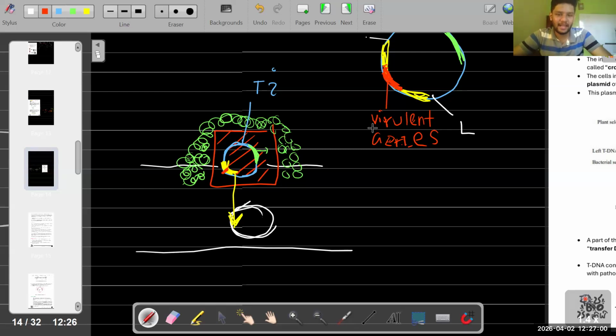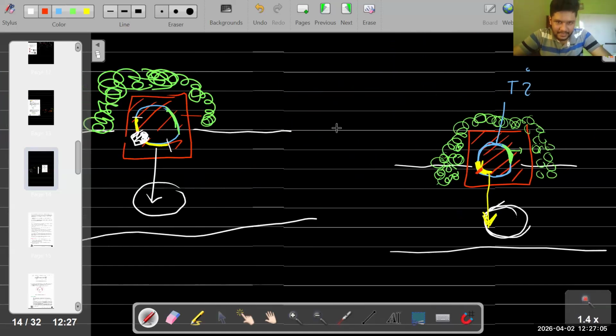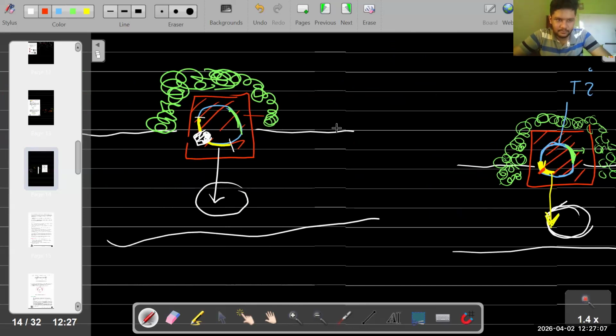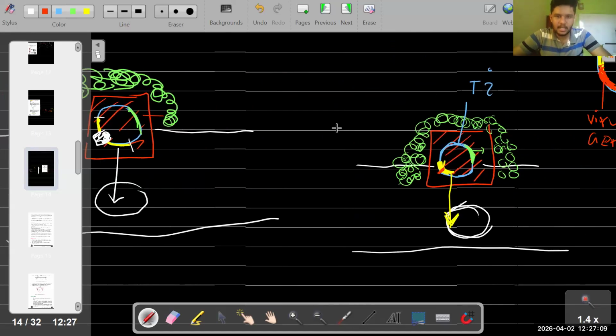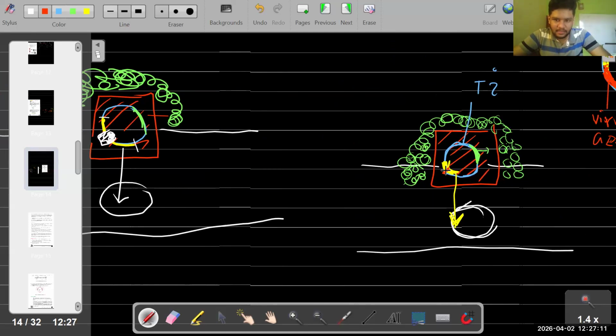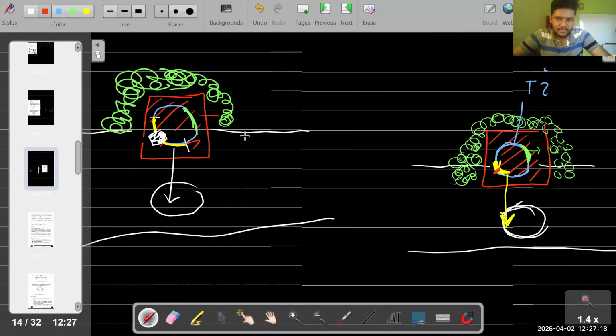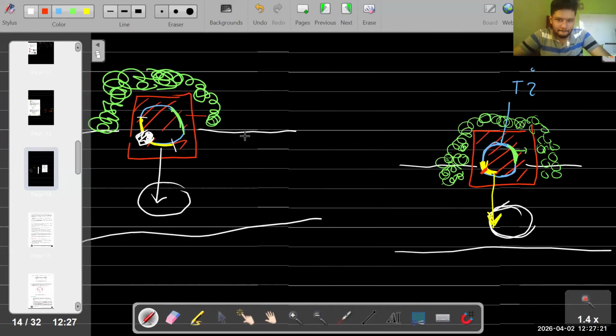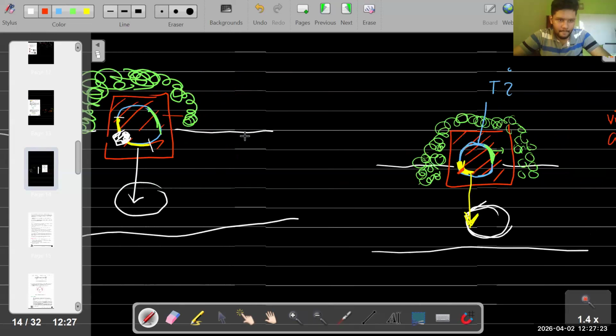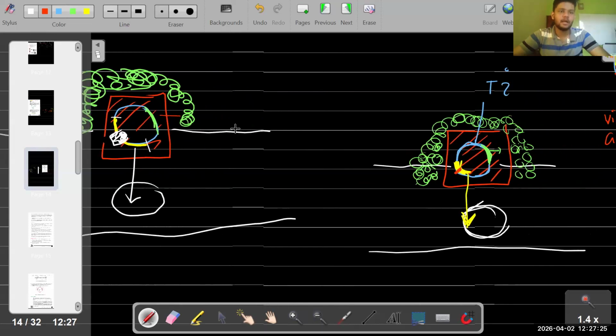You didn't see the diagram, right? This diagram, is that clear? Now, can you see here? Initially, there was a virulent gene, and now we have removed that and created a space, and we have inserted the DNA of interest. Now here, can you see we have made a change in the transfer DNA? Yes. For this we use a term. This process, for this we say